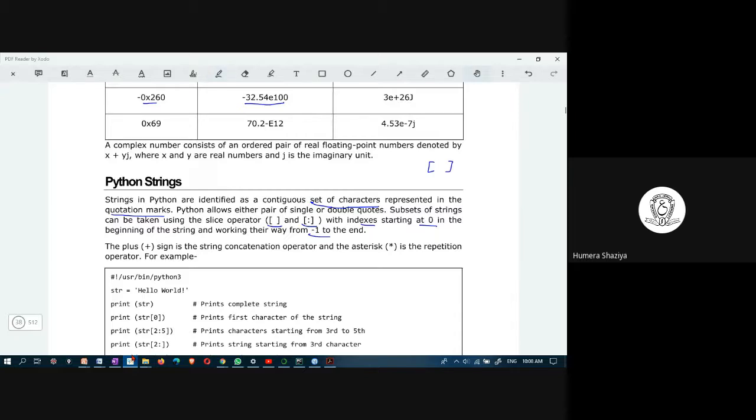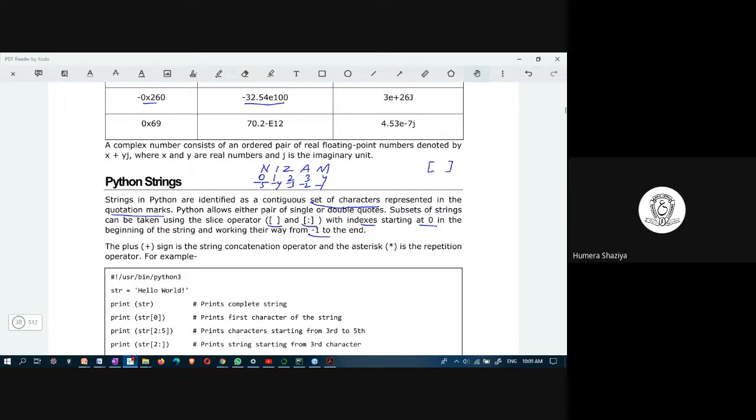Suppose if it is Nizam, this is our string. This will be 0, 1, 2, 3, 4. And from the end, it starts with minus 1. So both the ways you can access: minus 1, minus 2, minus 3, minus 4, minus 5. From behind, from the end, it is minus 1, minus 2, and from the front, it is zero.